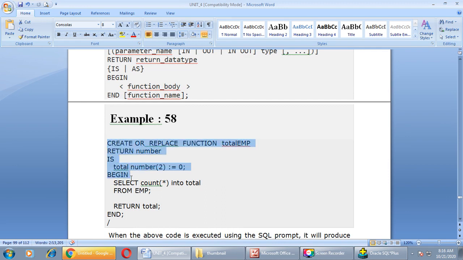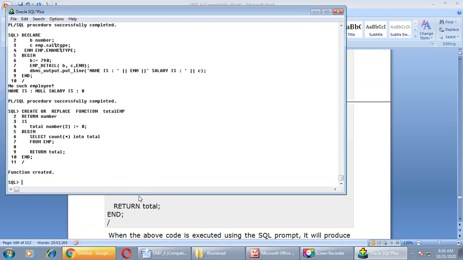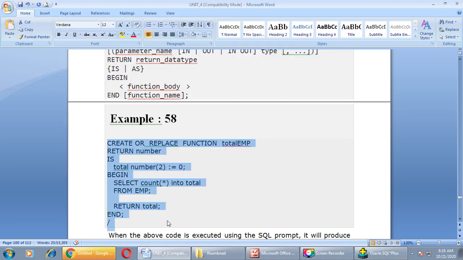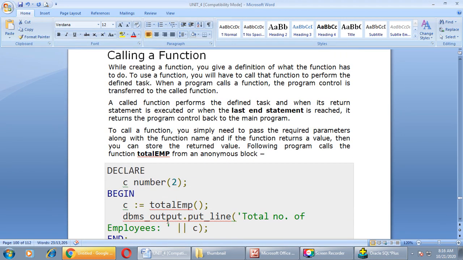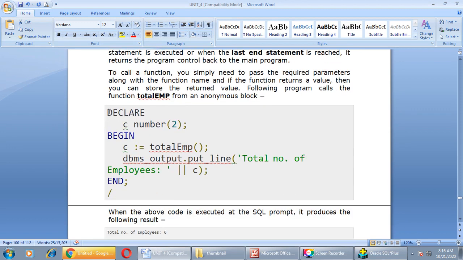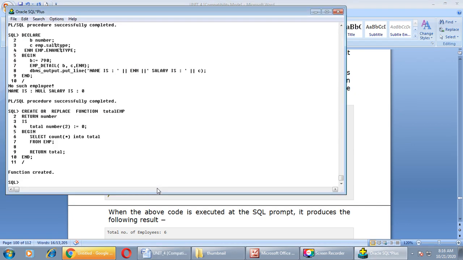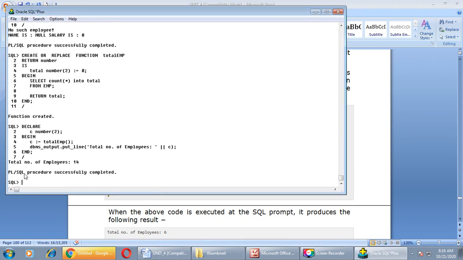First one is to define a function through the SQL window. Function is created. Okay, now let us call this function through our PL/SQL block. Copy this code, paste it over here, and we got the total number of employees stored in our employee table, as we have done the query in our function, select count star from employee, right? We got this output through the variable total.